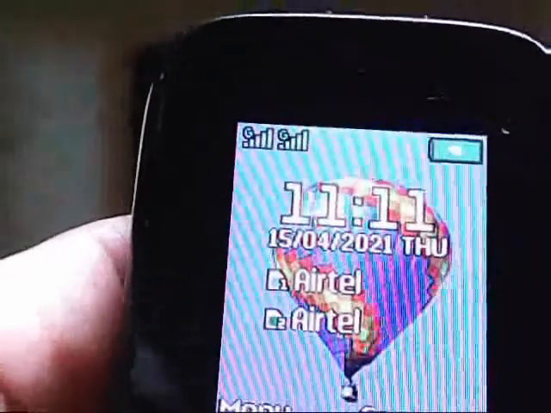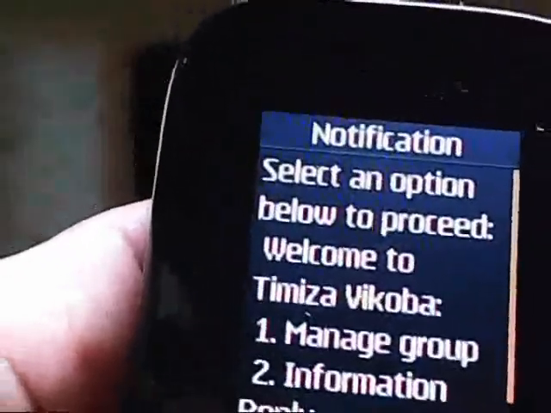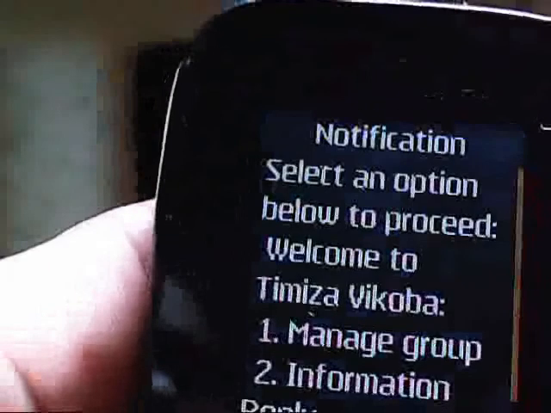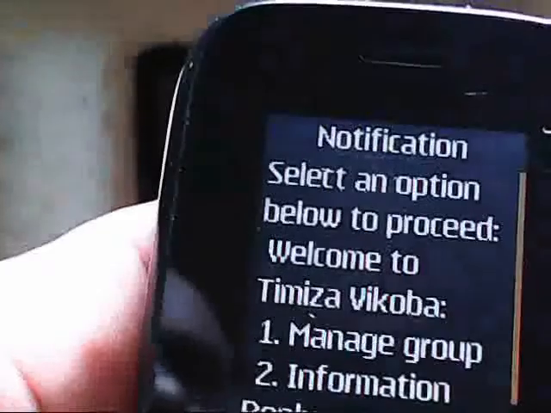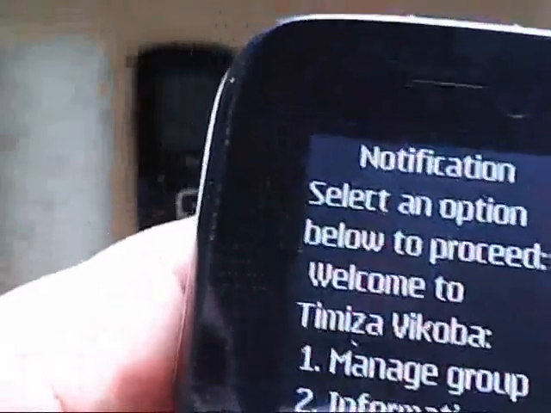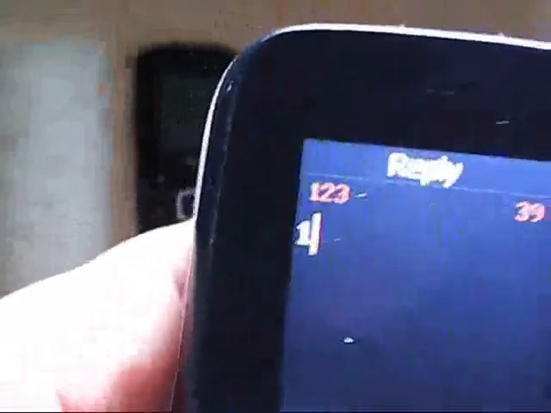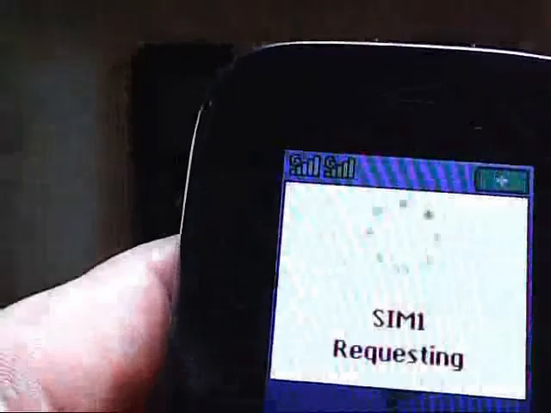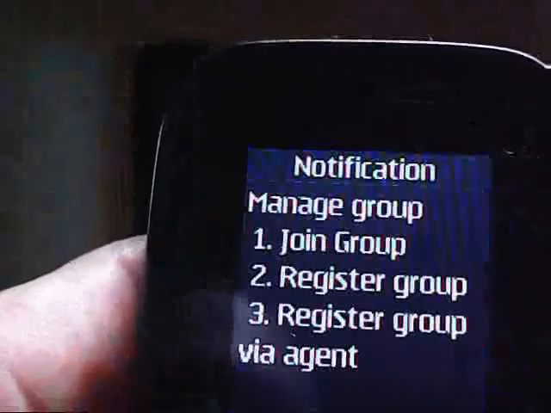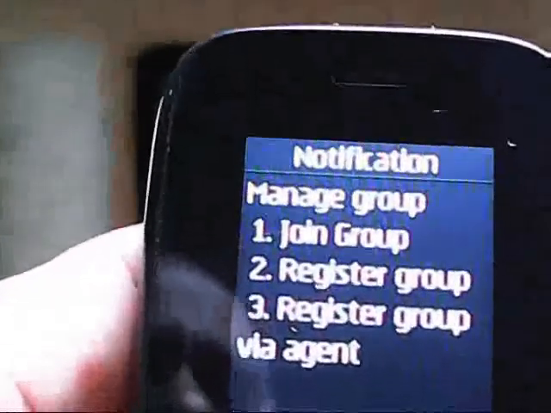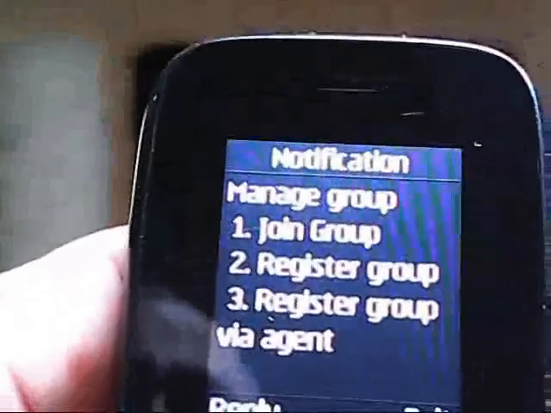So I'm using the same SIM card to register another group. Registering a group is an information issue, so it does not matter if I use the same SIM card. So let's go here, number 1, manage group, and we are going to choose now number 3, register group via agent,